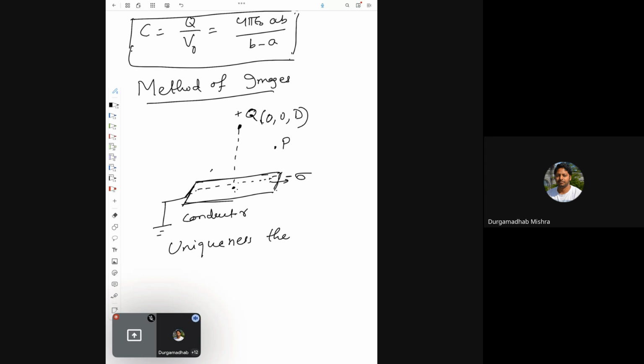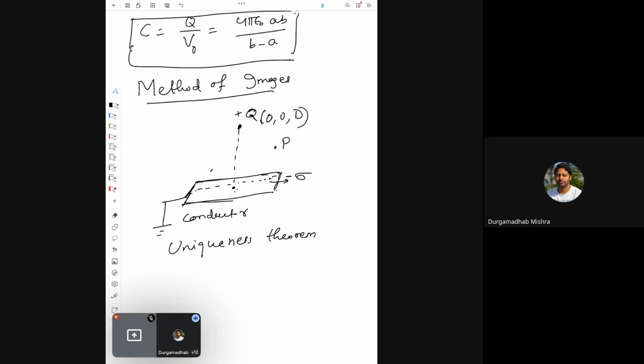So you may go through this theorem in your course material, so it will be very easy to understand. So what this uniqueness theorem says, or let me put it in a way, is this: